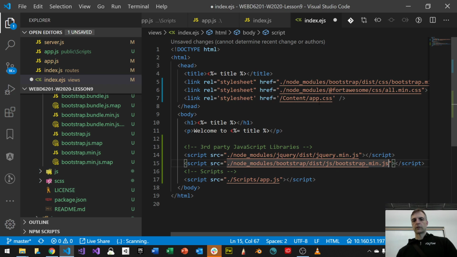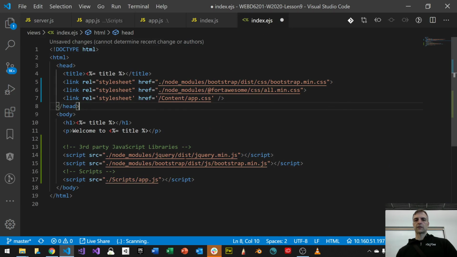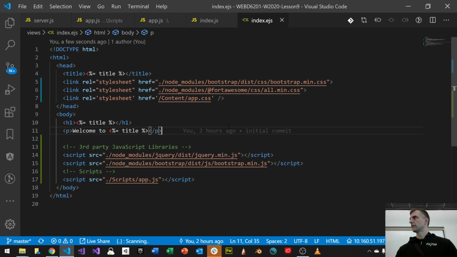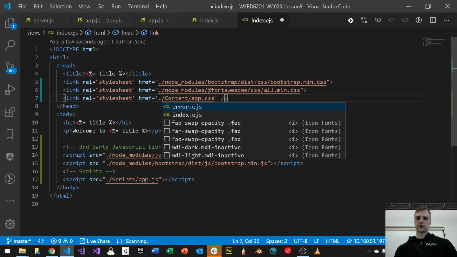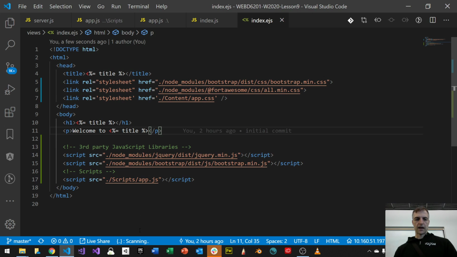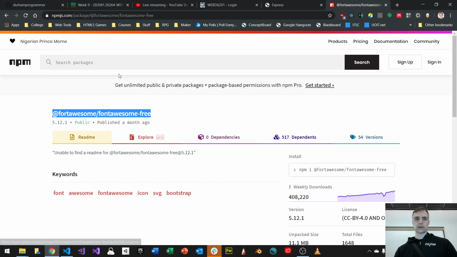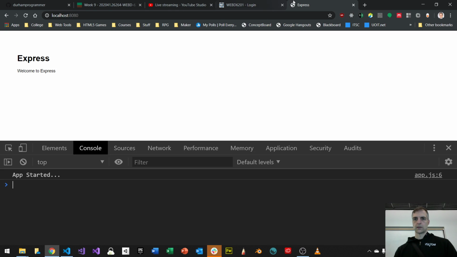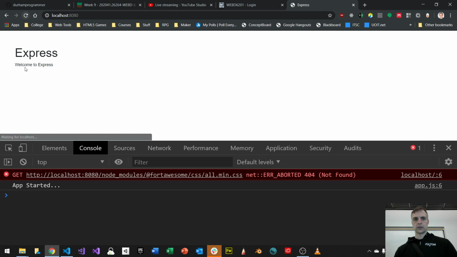Bootstrap.min.js. There we go. We typed it in manually, but it's there. Okay, so those are what we need to do. All right, and if we've done everything right, then we'll see everything that happens in the right way. Let's put /content just for completeness, right? And now when we go back to our code, and if I refresh, you can see that